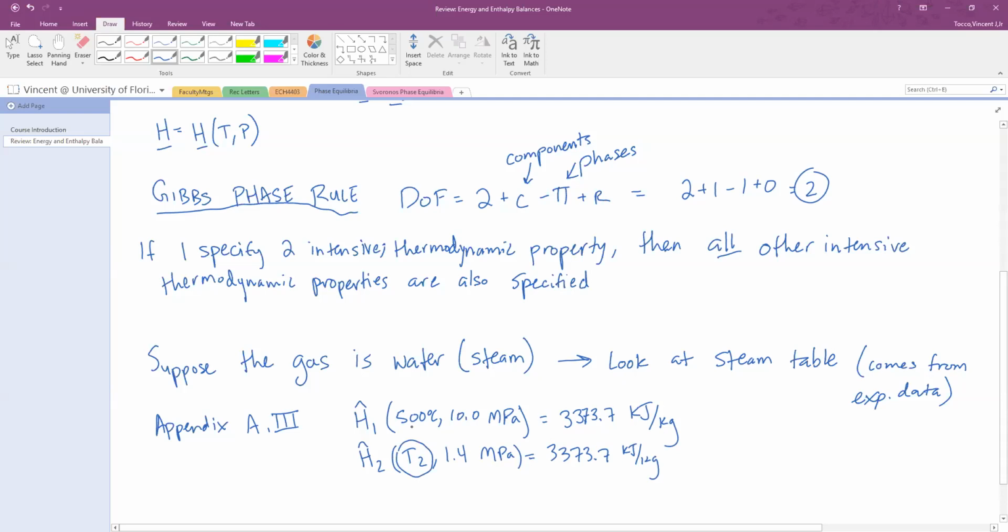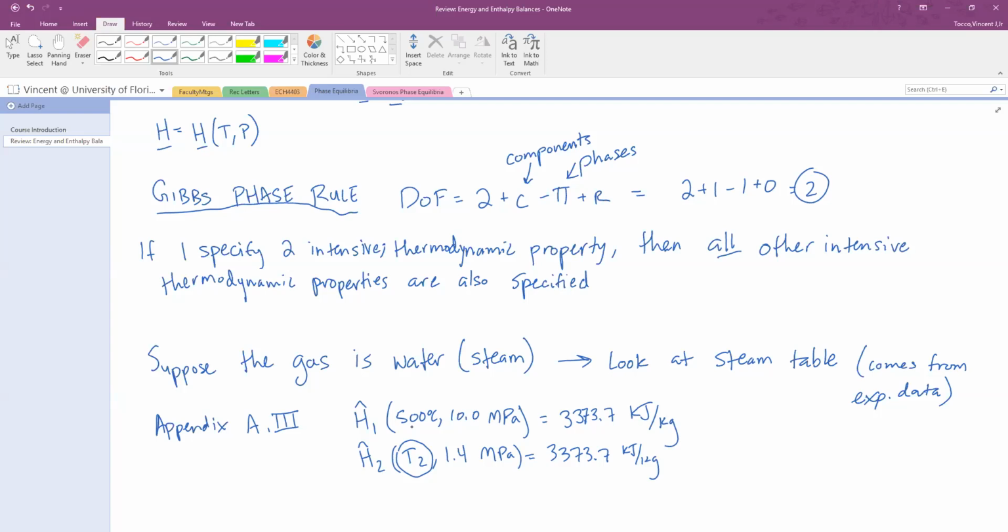Because I know what the pressure is, the way the steam table is arrayed, you just go and find where the pressure is. So 1.4 megapascals is on the previous page, all the way at the top right, and I have 1.4 megapascals there. But I run into a problem. Because I don't know the temperature, I can't simply look up what the H is. So if I look carefully, I see that